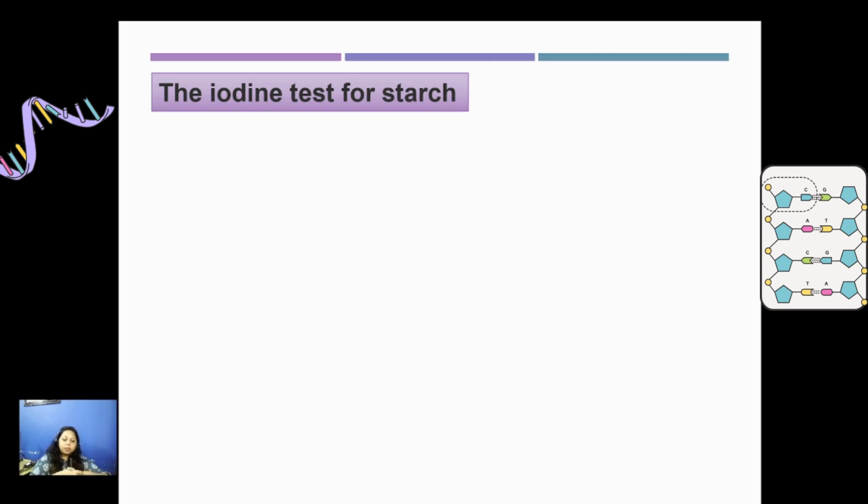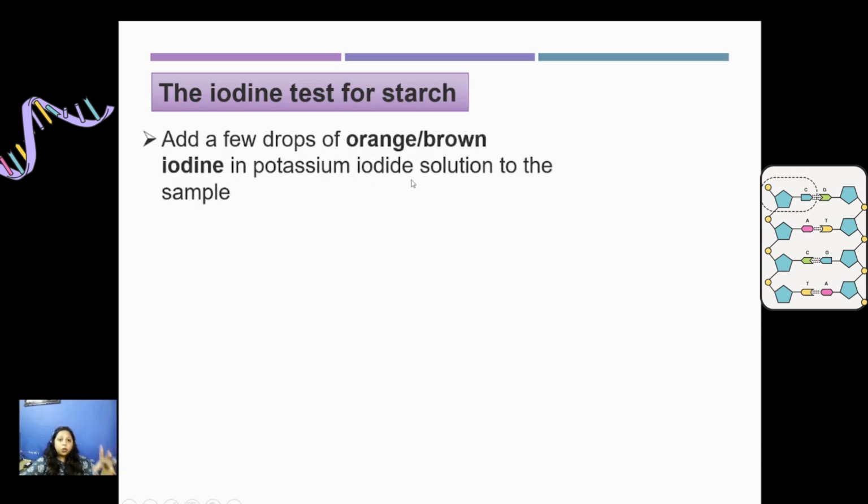And the mistake that is most commonly seen is the student writes "the iodine test." Don't write iodine alone, just write iodine solution. What is that iodine solution? It is potassium iodide solution, because iodine can sublime easily. It is volatile, it can evaporate easily, so you have to use it in a certain solution. So please don't make this mistake in the exam, or otherwise you will lose your marks. And this is a quite common mistake that I observed in the past.